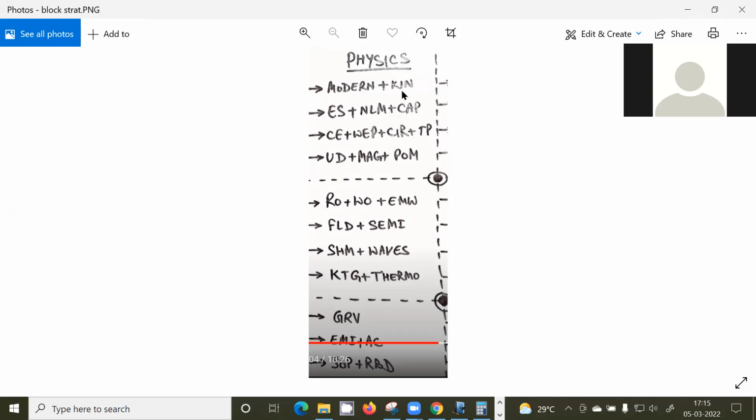Kinematics we have also done. Electrostatics we have done. Capacitance, Newton's laws of motion, current electricity we have done. Work, energy, power, I think it's almost done. Circular motion we have done. So what remains is thermal physics, units and dimensions, magnetic fields, and physics of materials. Units and dimensions we have done now, sir. Yeah, this is trivial only. So basically we have to do thermal physics, and then